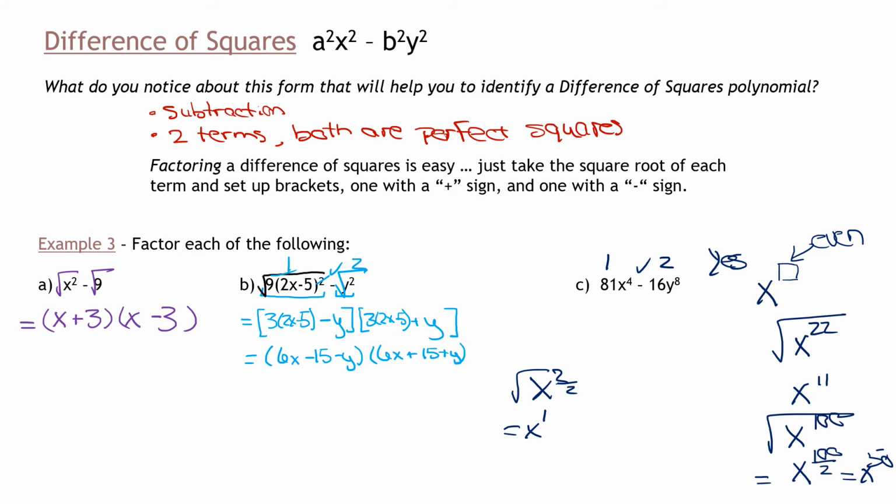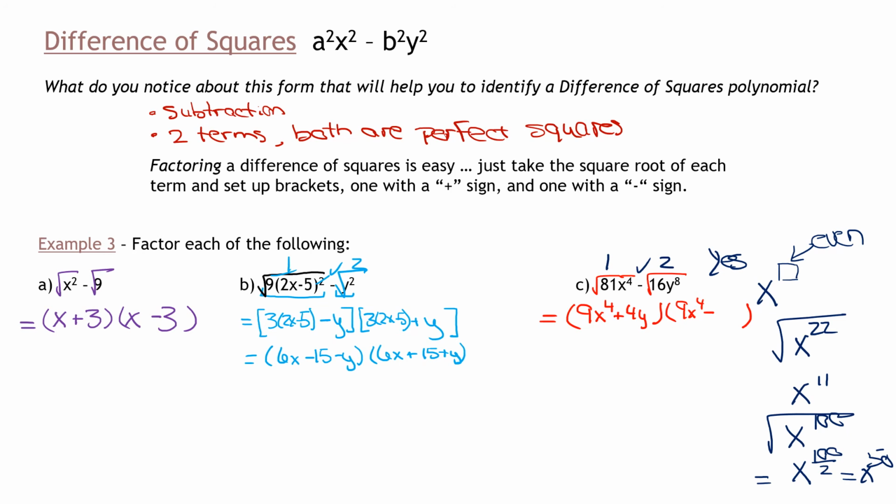So back to, let me erase my mess here and let's get back to our question. So we start off with two sets of brackets. I don't need extra brackets, I just need two sets here, no square brackets. Square root of the front term goes at the front. So that's going to be a 9x to the power of 4 at the front of both brackets. One gets a plus sign, one gets a minus sign. At the back, we put the square root of the second term, that's a 4y to the power of, whoops,